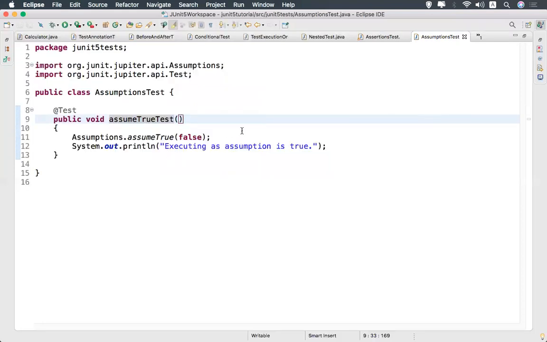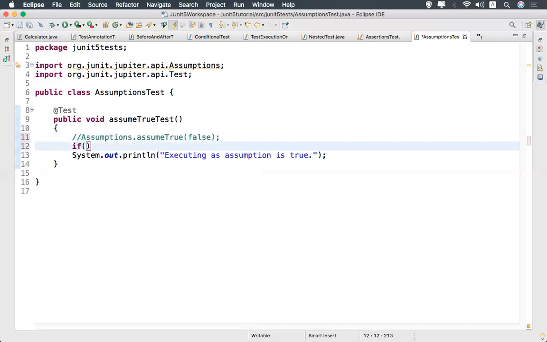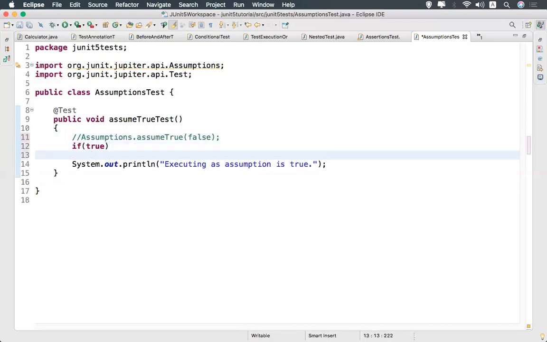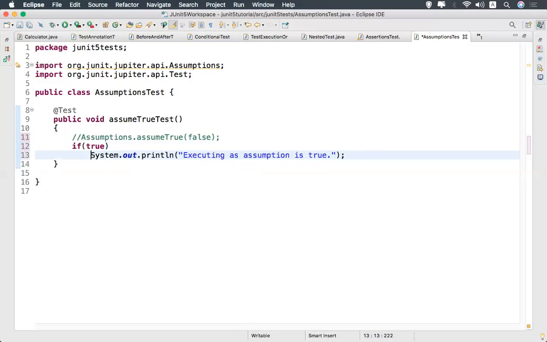But I'm just saying that it is just kind of if condition, some condition, right? Boolean means some if condition kind of. So what happens if you put an if condition? Then it will be very clear why assumption is different. If I put if true, nothing happens. Normally, it gets executed, and you will get the output.